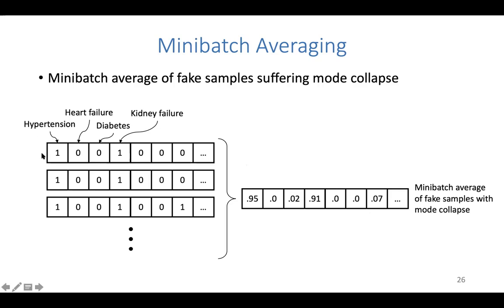So we can have hypertension and hypertension. So the correlation between hypertension and hypertension is actually the variance of hypertension. We can add that here, and then the co-occurrence between hypertension and heart failure can be added here, and then the correlation between hypertension and diabetes can be added here. If we do this for all pairs of features, then we are actually adding an extra 64 dimensions